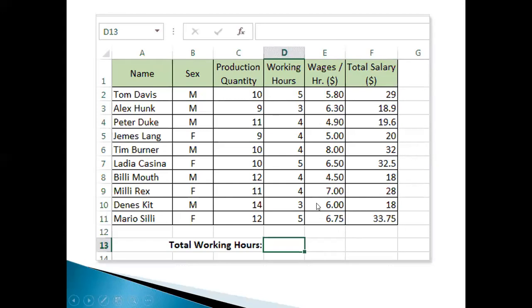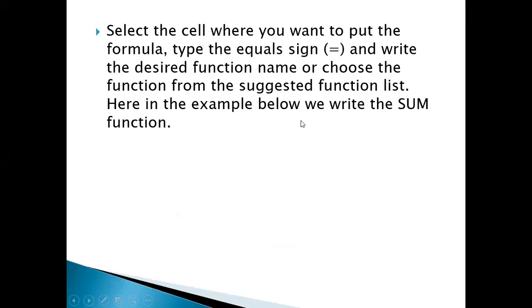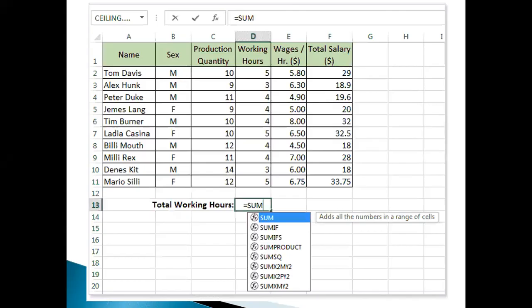So what will you do? You can simply type equals to. Once you do that, you will be able to see the different options if you enter SUM.